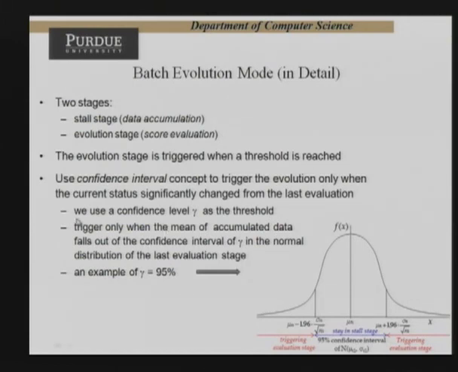For this we use a confidence level gamma as a threshold. Whenever a data item arrives, we calculate the mean of the data values with the historical data, and then we check how much it differs from the previous mean. Only if the current mean is outside of the confidence interval, in this case we calculate